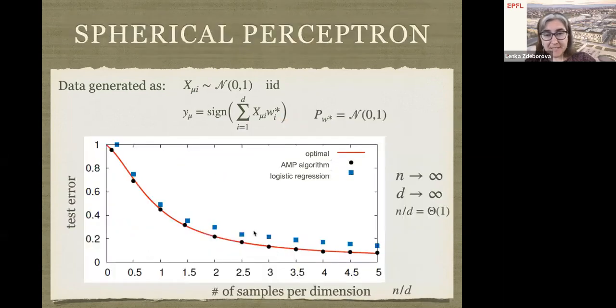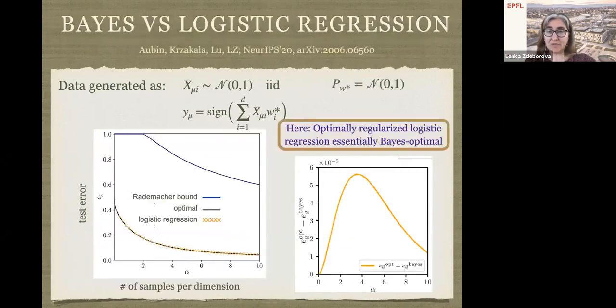Now you realize that logistic regression, which is doing something quite different, is relatively close. This is just an experimental run, but you can also look at it in more detail. You can use the same methodology to give a closed formula for the performance of logistic regression in the same limit. And if you optimize over the regularization parameter, the usual lambda, you get in this plot something that looks identical, in the sense that the test error reached by logistic regression looks really close to the test error reached by the Bayes optimal estimation, but they actually are not identical.